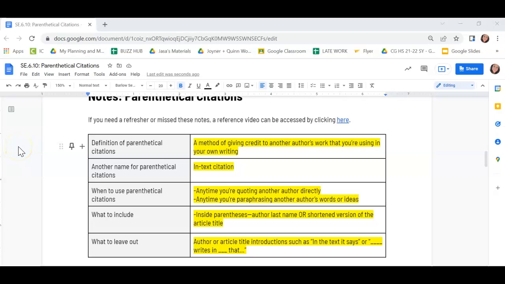The method of citation that we'll be using in this essay is called parenthetical citation. This is a method of giving credit to another author's work that you're using in your own writing. You will also sometimes hear parenthetical citations referred to as in-text citations. You'll want to use a parenthetical citation anytime you're quoting another author directly or anytime that you're paraphrasing another author's